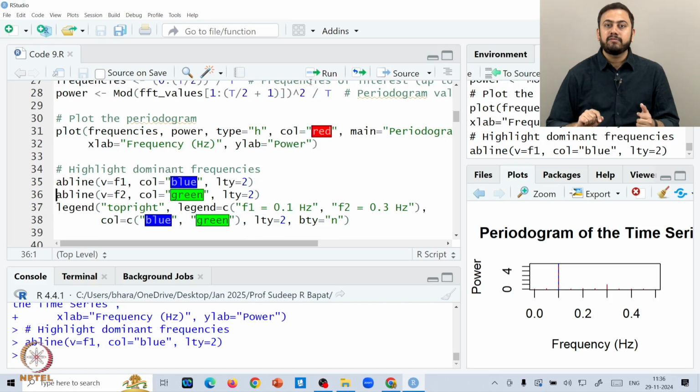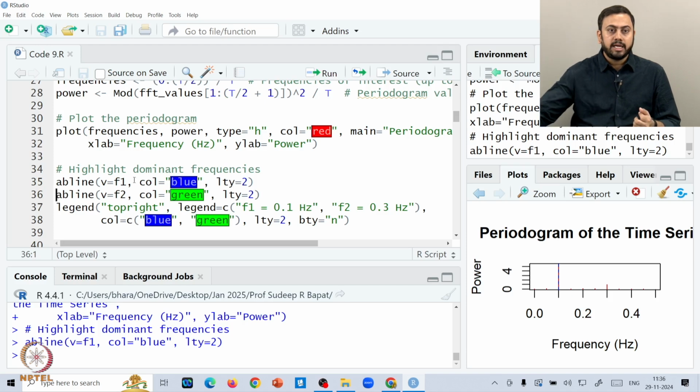This command places a simple vertical line at the position f1, the color is blue, and the line style is number 2. Of course, I can change the line style to 1, 2, 3, 4, whatever. You have different ways of plotting the line: do you want a solid line, a dashed line, a dotted line. All these beautifications can be done.